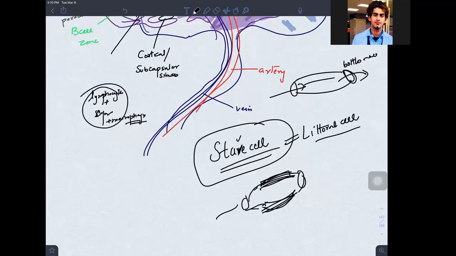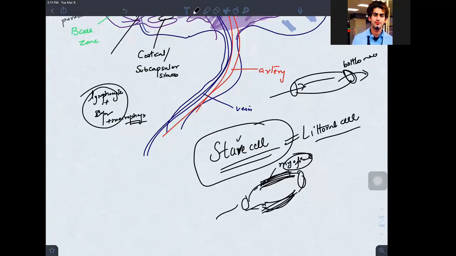What is the significance that stave cells contain myofibrils? See, listen to me. If you want to open the channel, you will contract it by myofibrils. For example, you want to throw this blood into your spleen. So how will you contract? You will contract the stave cell. Stave cell has myofibrils and lines the blood sinuses, isn't it? Walls of these sinuses, so you will press it and things will come out into the splenic matter, isn't it? Splenic matter. Understood?